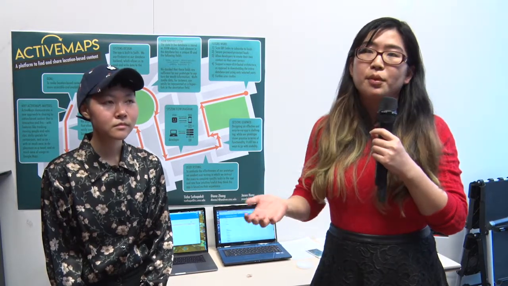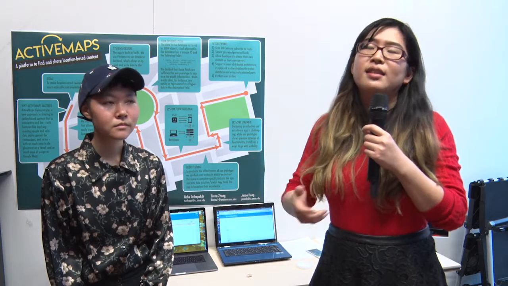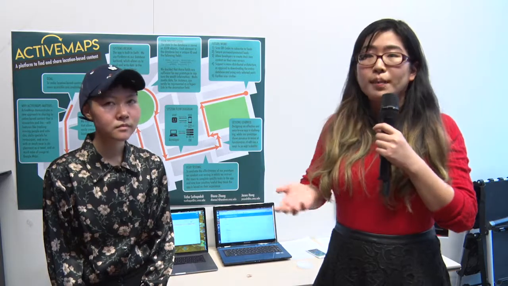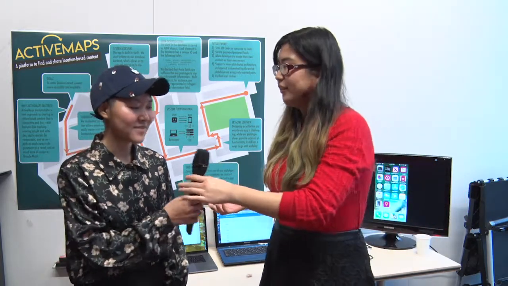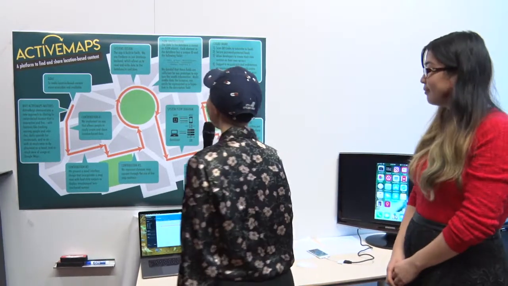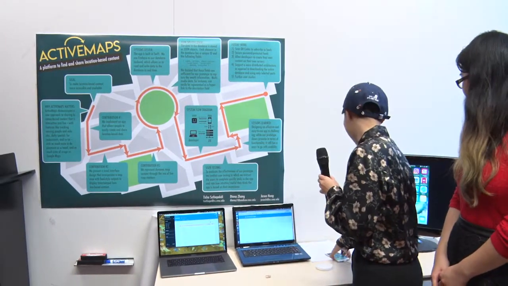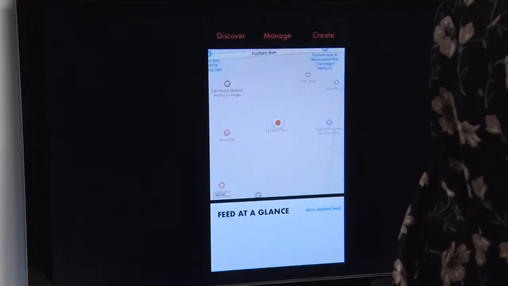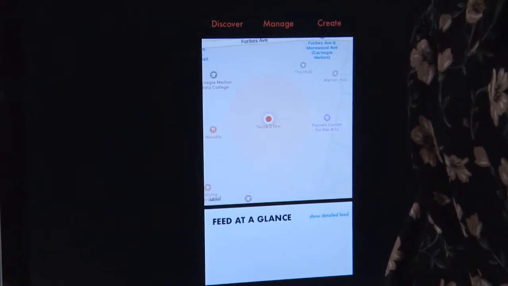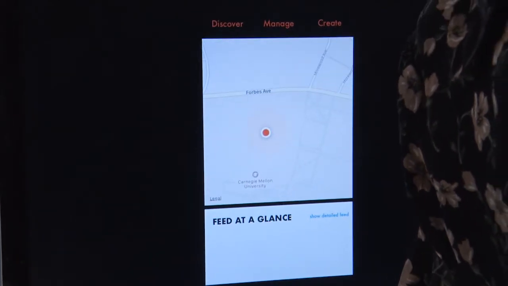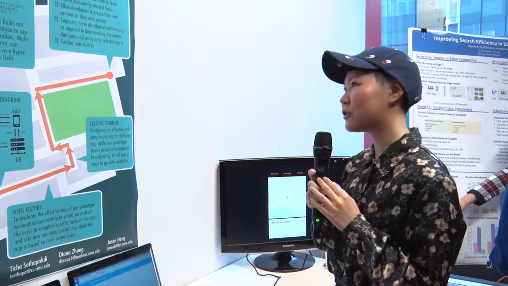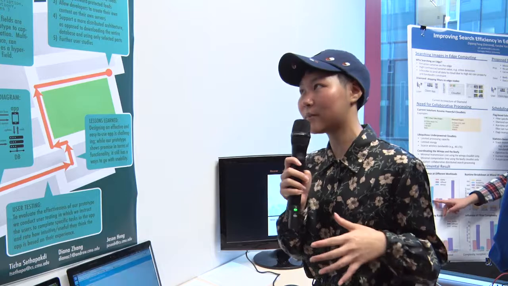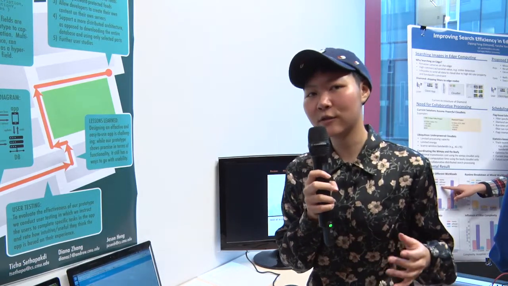There would be more content available, and you could just access it from your mobile device using information like your GPS coordinates. So Ticha's going to talk a bit about the system design, so I'll hand it off to her. All right, so system design. As you can see here on the screen, it's an iOS app at the moment. The app is implemented in Swift. And in addition, for storing the data, we use Firebase as our database backend,